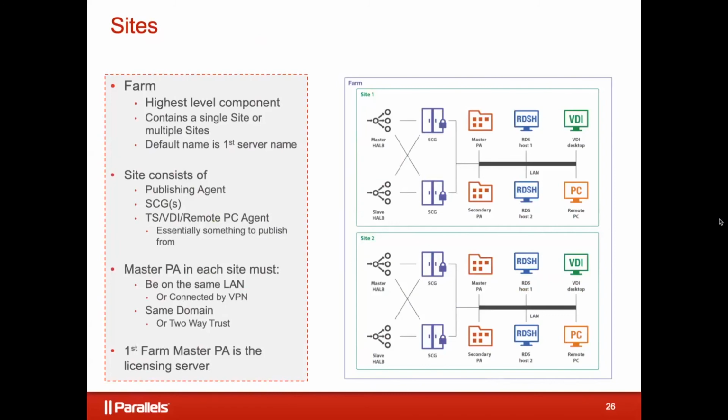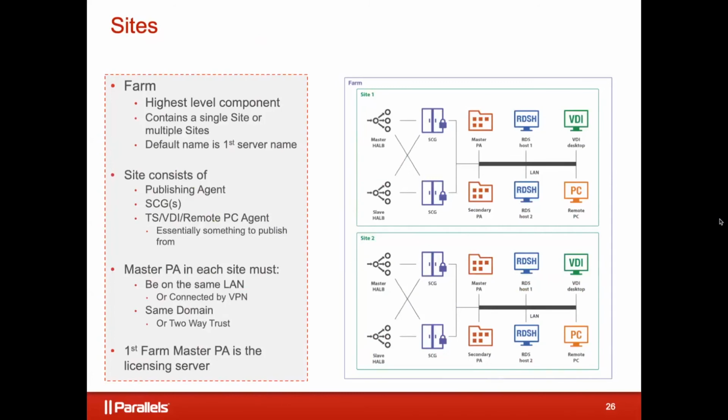When you install RAS, I just go next, next, next. I end up with that single server. I've created a single farm and a single site. Most people wouldn't notice that, but that's what I've done. A farm can have multiple sites. What do I get by having multiple sites other than, you'd think, multiple locations?